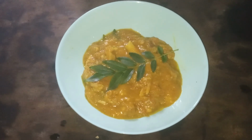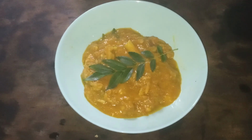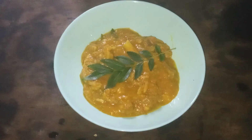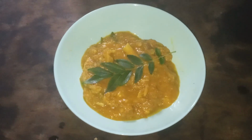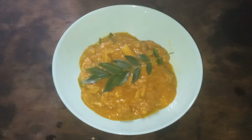Dal Ghosht, one of the tastiest of the dinner recipes, one of the most delicious of the chickpea recipes, one of the most unique of the garbanzo beans recipes, one of the easiest to make of the lentil recipes, and one of the most unique of the lamb recipes, and one of the most